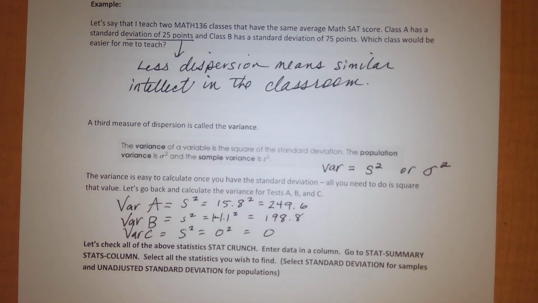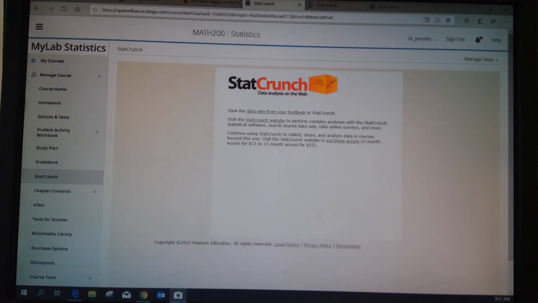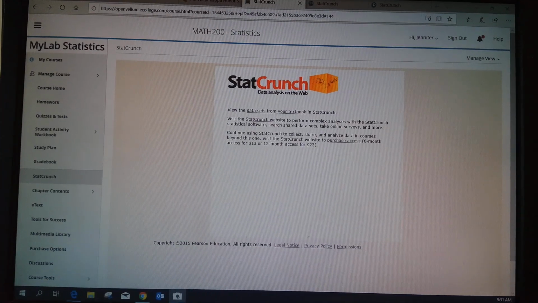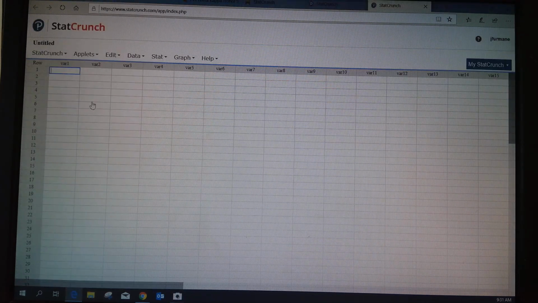All right, so lastly on this page, we're going to now check all of these values in StatCrunch. So let me switch you over to StatCrunch. Once you are in StatCrunch, you're going to click on the StatCrunch button, which is in your MyMathLab over here on the left-hand side. When you click on that, then you're going to click on StatCrunch website. Once you click on the StatCrunch website, it's going to open up in a new tab, where we can